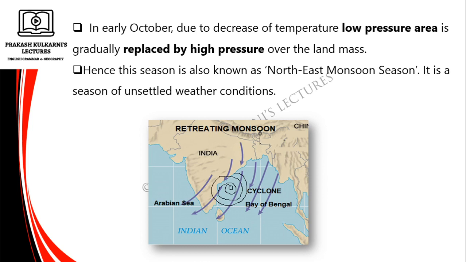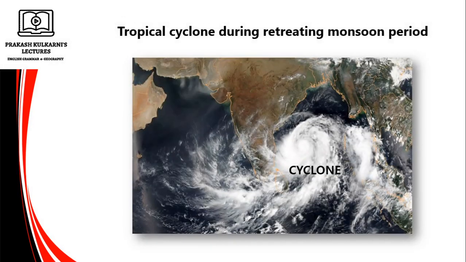Have a look at the map here. Now you can see Bay of Bengal. Over Bay of Bengal cyclone is there. You see the direction of the winds. Please remember, during this period, don't think of only India, you think of entire Asian continent. The Asian continent becomes high pressure area and there is a very low pressure in Bay of Bengal. Therefore, these winds are blowing from Central Asia towards Bay of Bengal. So these winds are dry winds. These are called offshore winds. They are usually dry, but when they enter Bay of Bengal, they take moisture.